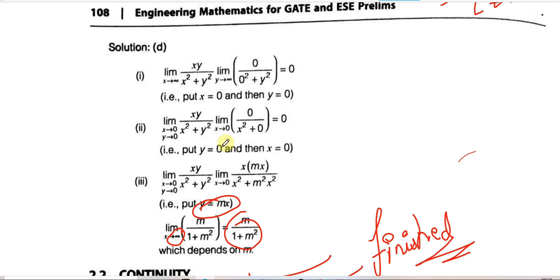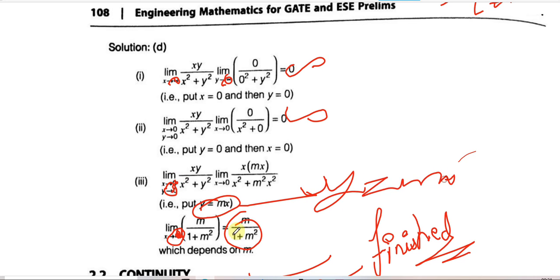We have made a mistake. X approaches to 0 is there in the question, so it will be infinity, this will be infinity, this was also x approaches to 0 will come. Since we have replaced by mx, x approaches to 0 will be there, but here the x term is not coming. So what will be our final answer now?